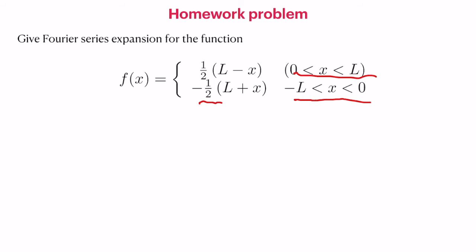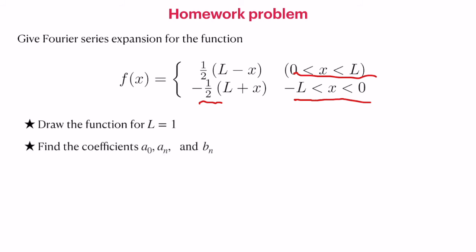You don't have to go to the computer. You can go to the computer, but you have to eventually make the plot on paper, and making plots of these things is fairly important to get some insight from the drawing and looking visually, having some idea of how this series progresses. So you have to draw this function in the interval with L equal to 1, because Fourier representation means you have to find the coefficients a0, an and bn.